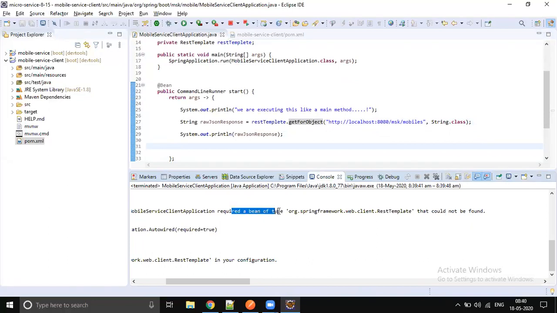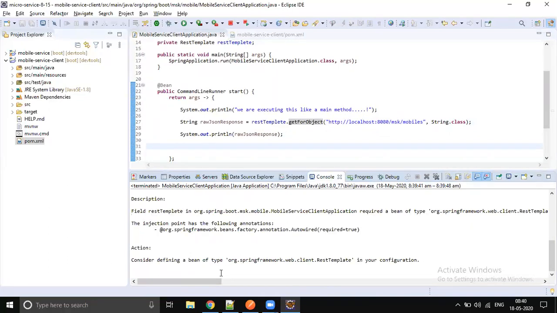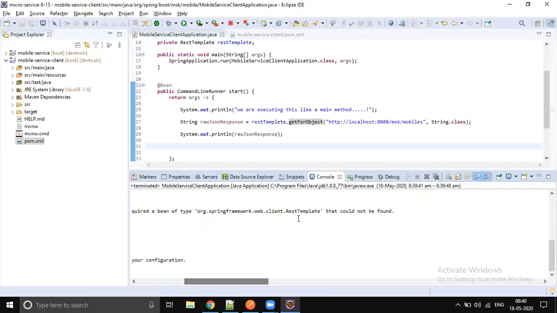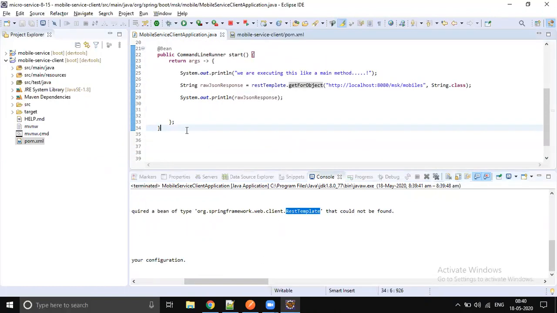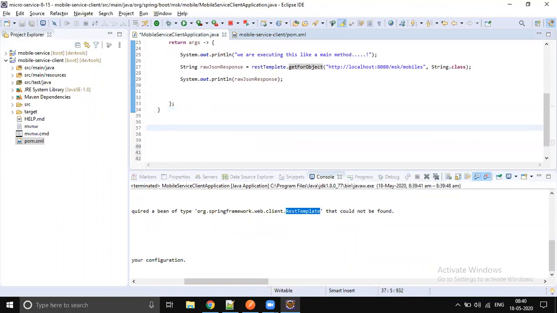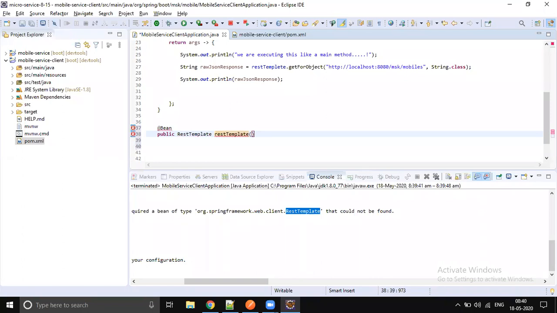Required a bean of type, sorry, REST template. REST template is not available. Then we will create the REST template object. It's going to be a @Bean public RestTemplate. The REST template object can be created in many ways.